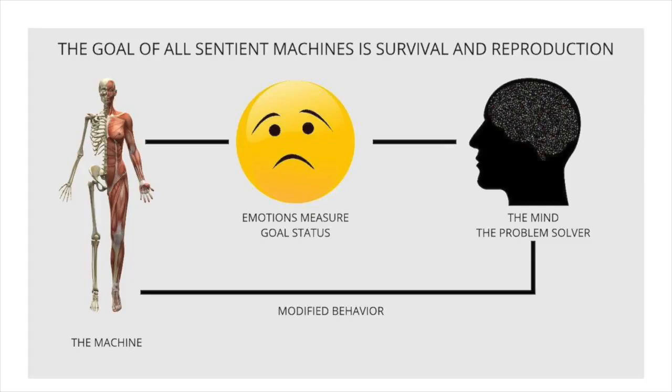Anyway, coming to human beings, our emotional status usually gets passed on to what we can call the mind, or in the brain, the frontal cortex, the thinking bit of the brain. The bit that can manipulate symbols and images and things. So, we just learned that we've lost our job, so the emotional measure, the goal status, has gone negative. We're in pain. And so the mind then takes over.